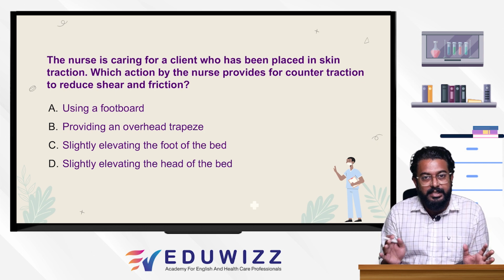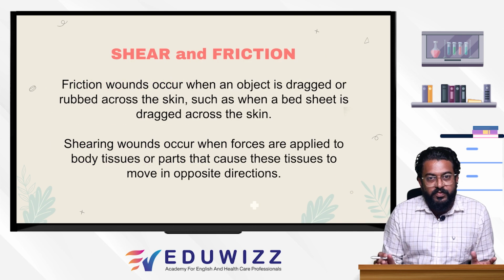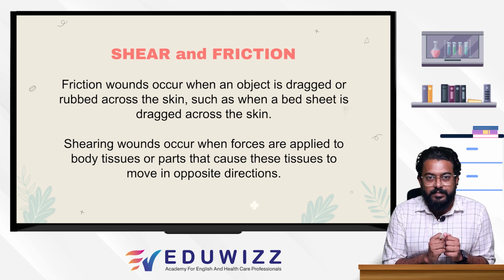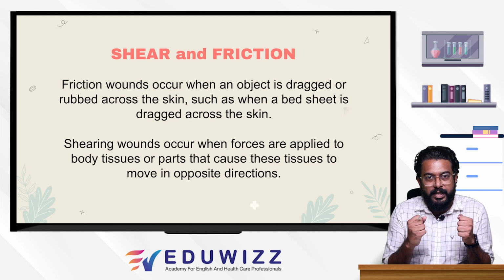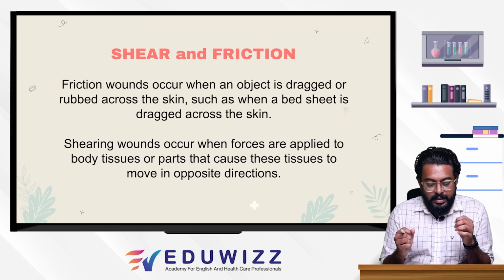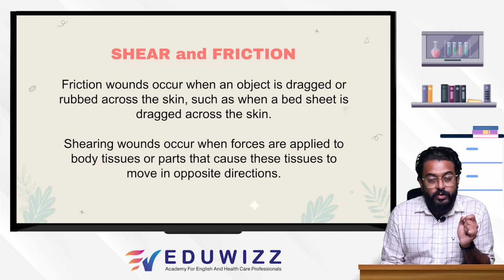Okay, so let's see what shear and friction are. You all know about friction. Friction occurs when an object is dragged or rubbed across the skin. Shearing means there are two opposite forces applied to the skin. Shearing occurs when forces are applied to body tissues or parts that cause these tissues to move in